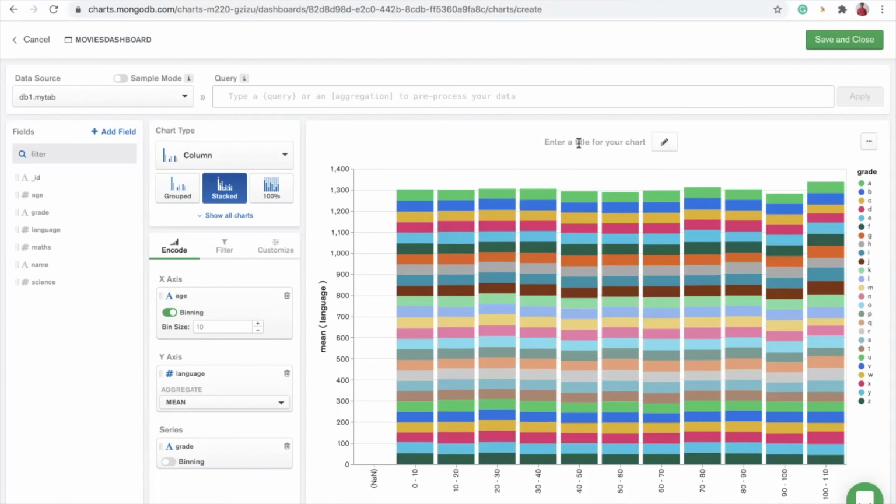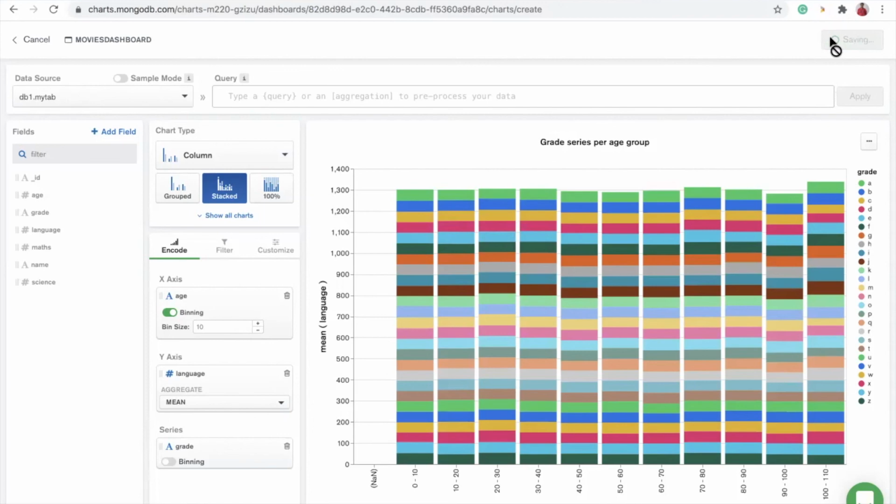I will be renaming this particular graph as Grade Series per Age Group, and then I will save it and click save and exit.